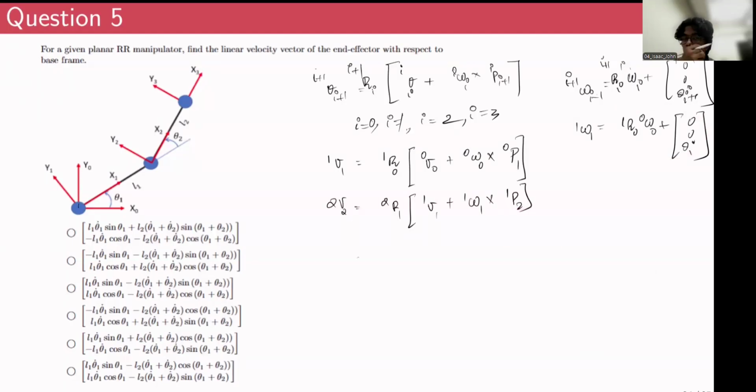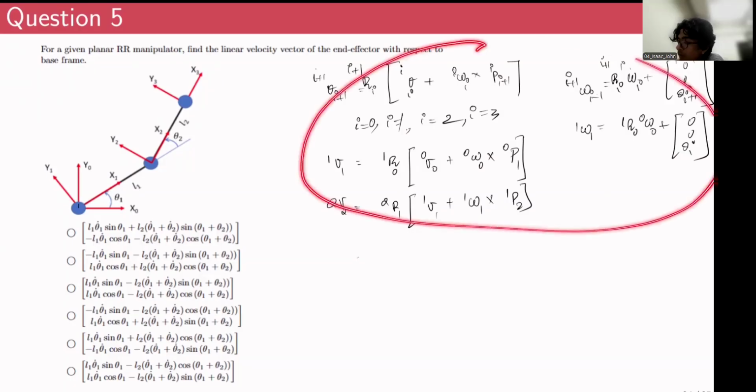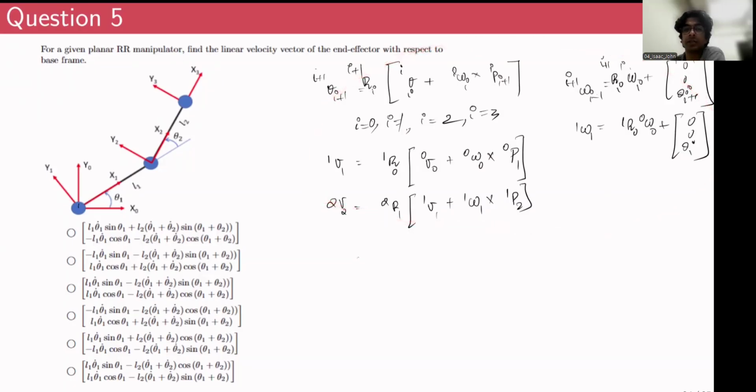1P2 you can know from the DH conventions. And 0 omega 0 is the angular velocity of the ground, that is 0. And 0V0 is the linear velocity of the ground, that is also 0. You can consider it as some initial condition, something similar like that. You can either go this way using velocity propagation, or you already know the forward kinematic equation for